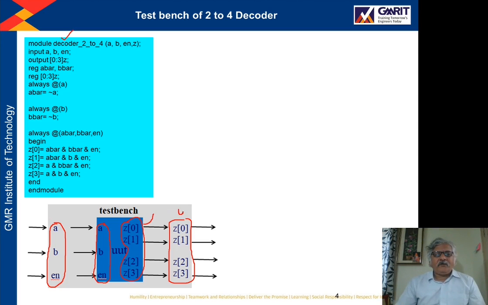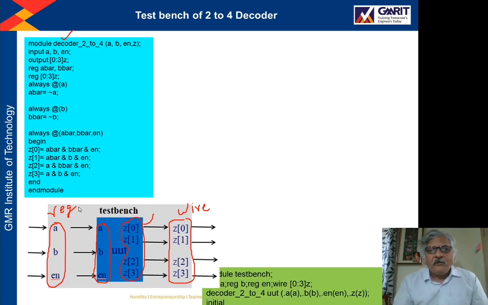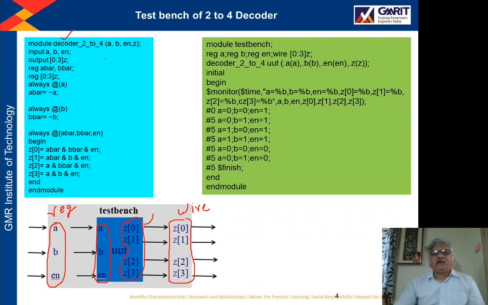So these will be declared as wire and these will be declared as reg type. So this is the test bench code. We have already explained the test bench in many lectures. So this is the code.